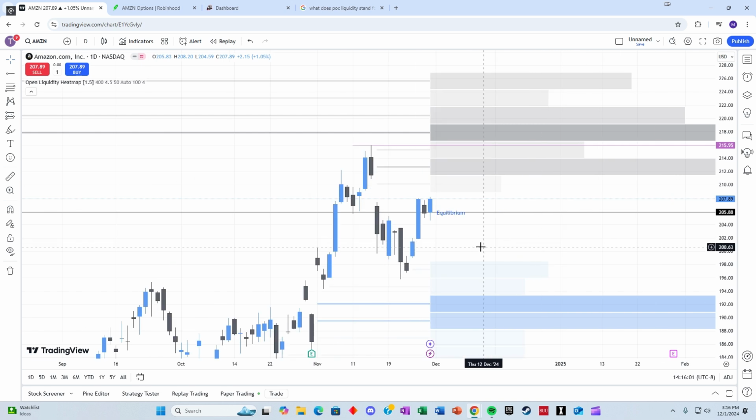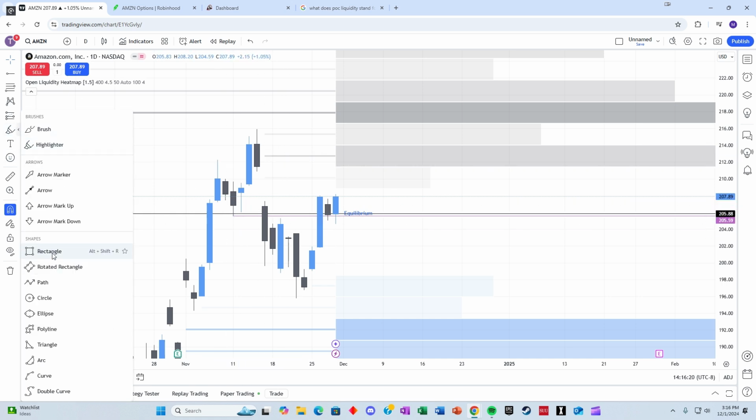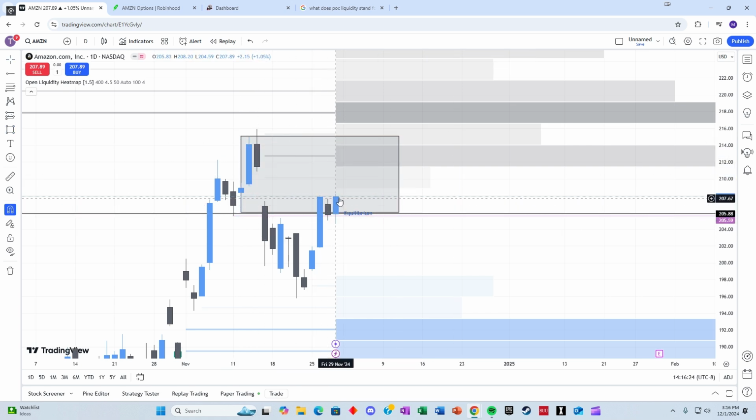We're showing positive growth, positive movement on Amazon stock. On the daily, we had a break of structure to the downside right at this point. Oh, let me turn the magnet back on. That'll help. We had a break of structure to the downside on the daily right here. And that makes this right here an order block,